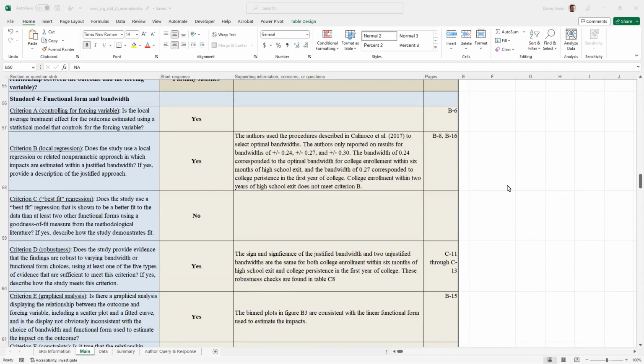Functional form bandwidth standard is next. Criterion A focuses on whether they use a local average treatment effect, estimated using a statistical model that controls for the forcing variable. Yes, all of the statistical models for all the outcomes in the study control for the forcing variable. Criterion B is a tricky one for this study. It asks whether the study uses a local regression or a related non-parametric approach where impacts are estimated within a justified bandwidth. So